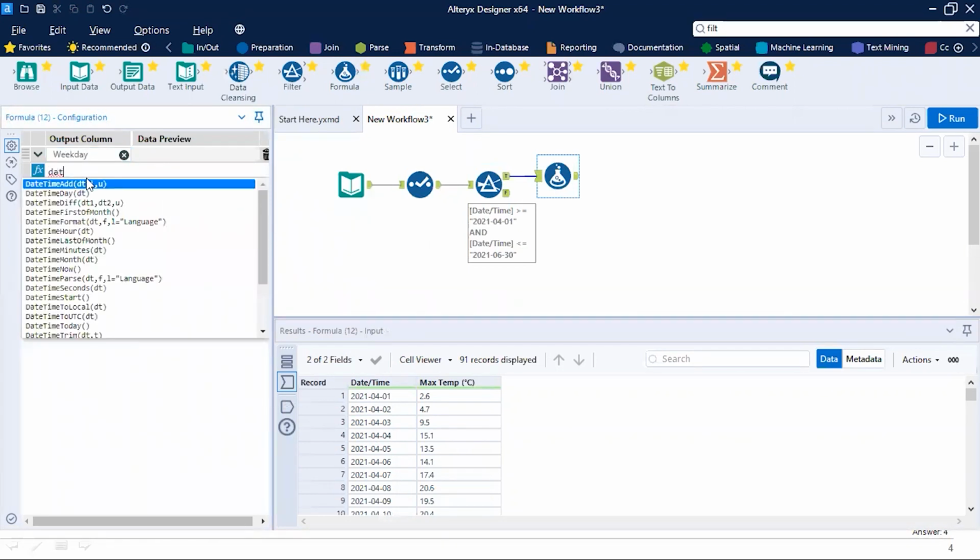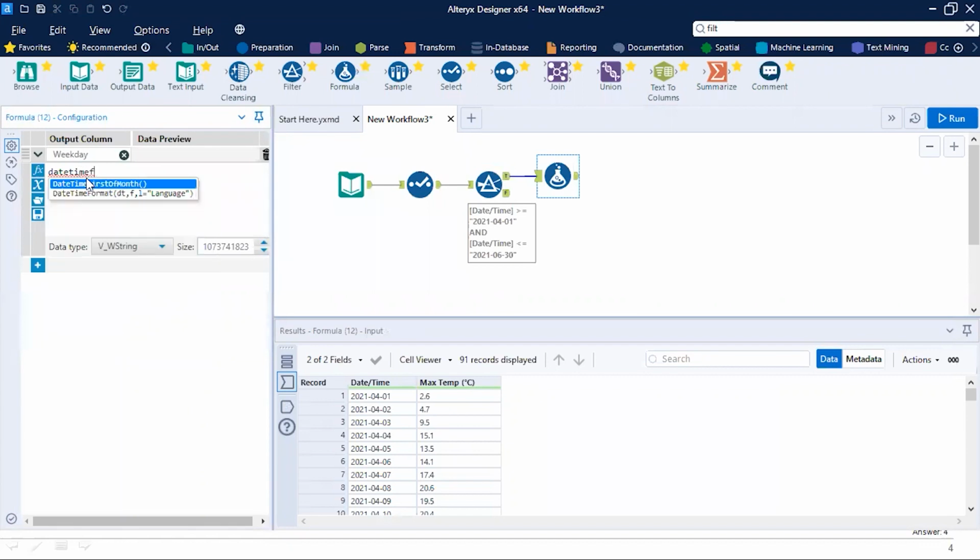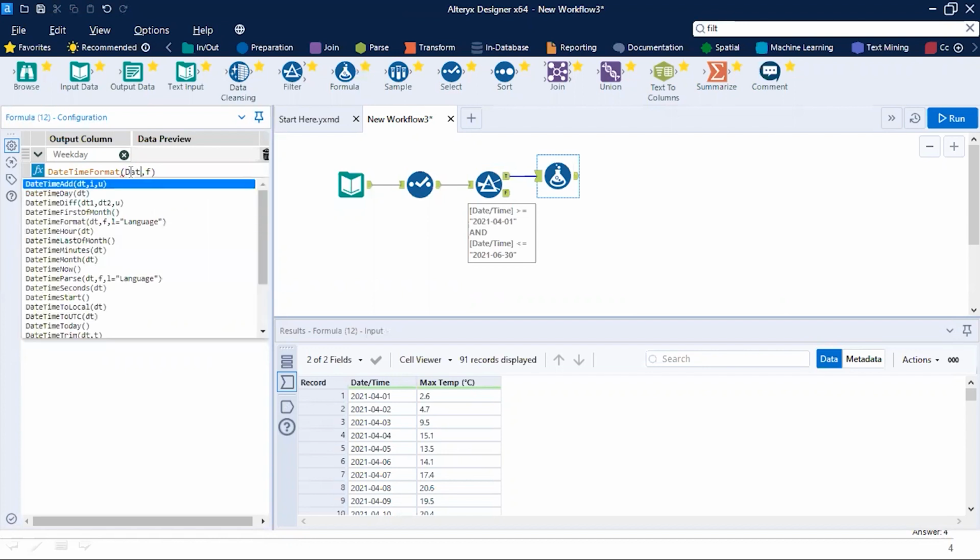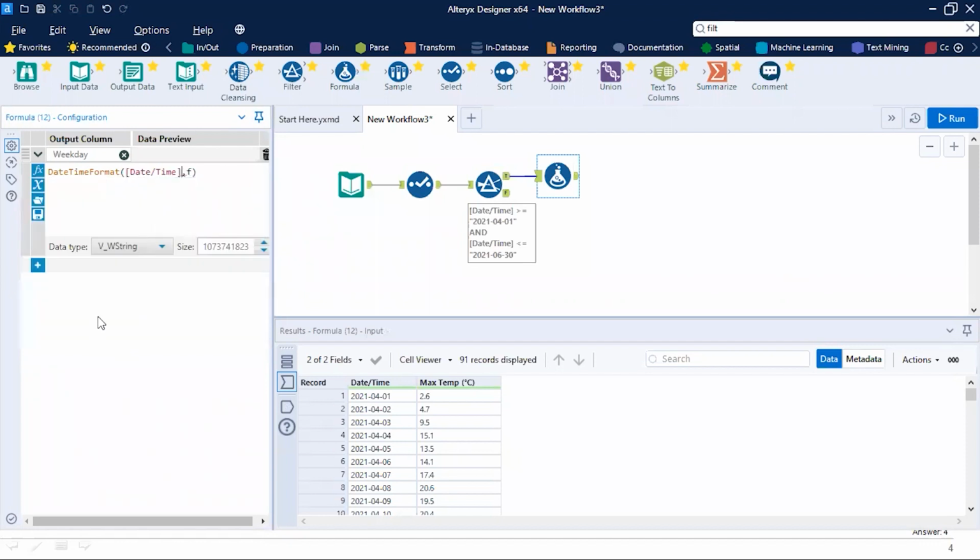And there is one perfect tool to do this. It's known as date time format, and you need to specify the date. So the field name is date itself, and if I scroll over here, I will get this date time field, and in this you need to specify the format. So the format is %A. You need to remember this particular format, %A, for extracting the weekday. And as we can see over here in the preview window, Thursday is written over here.